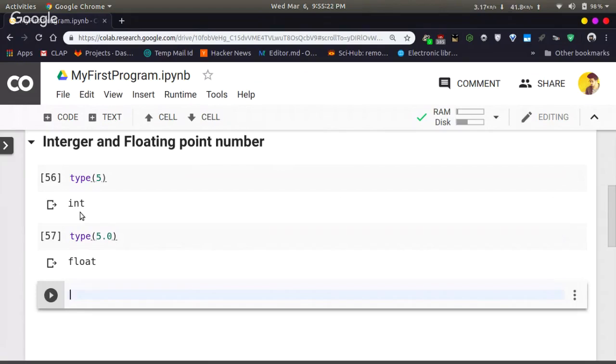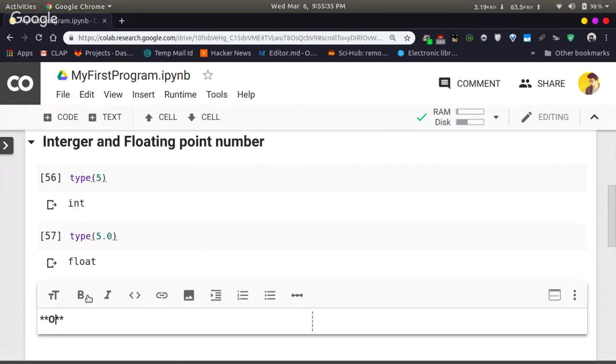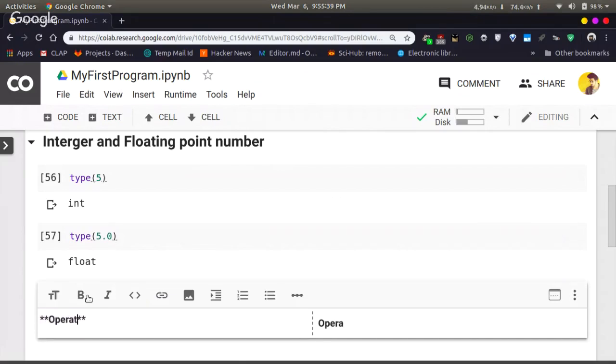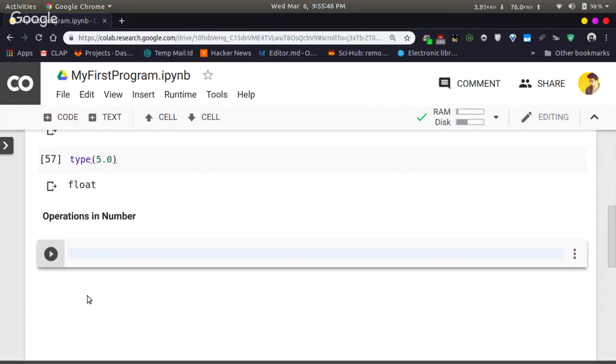Now, how can you perform operations on an integer or a floating point number? Operations on numbers.